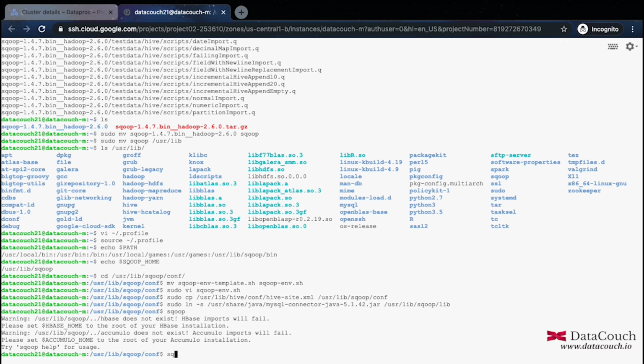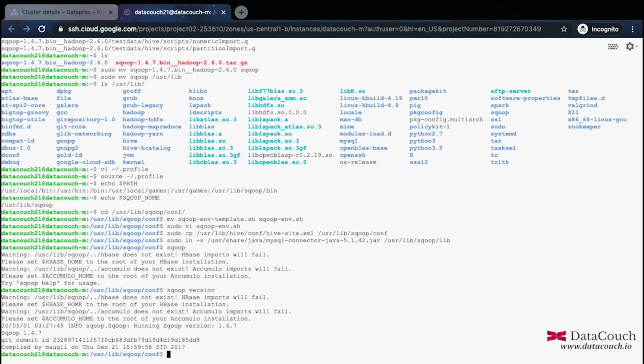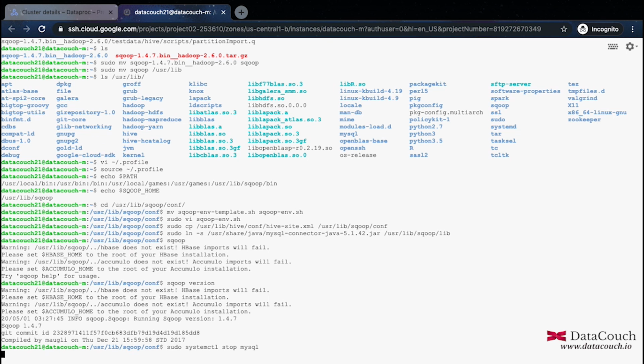You can even do sqoop version, and you can see what it shows, the exact version of Sqoop here, right? So now the next part is to work with the database, the relational database we want to set up. So we will be using certain commands. So we'll be stopping MySQL, we will be stopping MariaDB, we will be changing the password of MariaDB. So these things we will be doing right away.